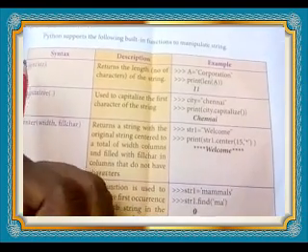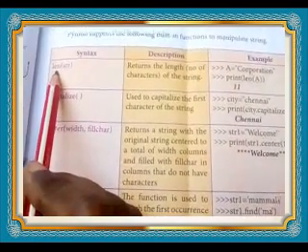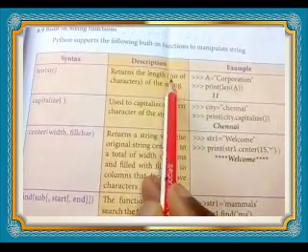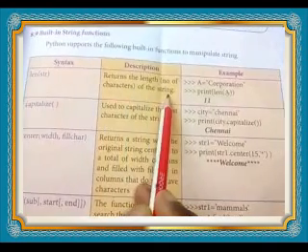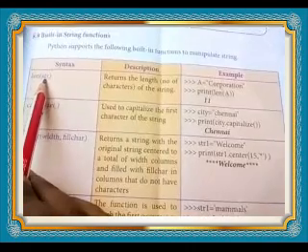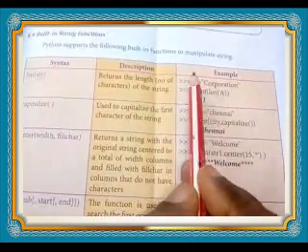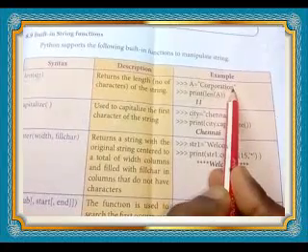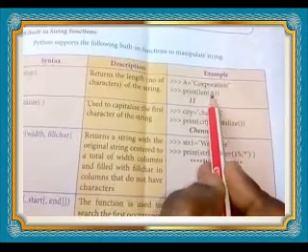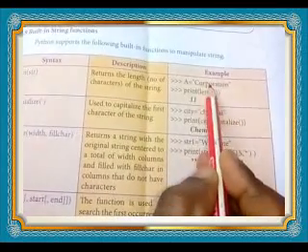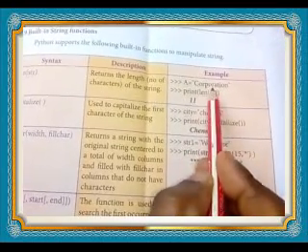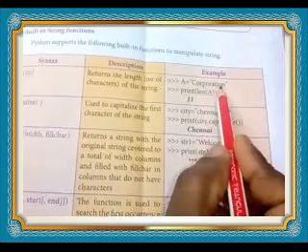Okay children, we will start with the len function. This len function is used to return the length of the string, that means the number of characters in the string. Syntax is len(str), where str represents the string. Example, A equal to corporation. Print len of A. Here we know A stores corporation. Then this len function returns the number of characters stored in this string.